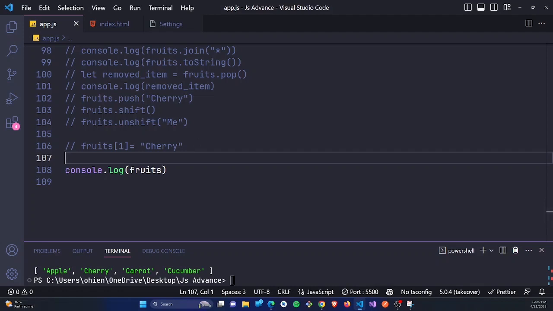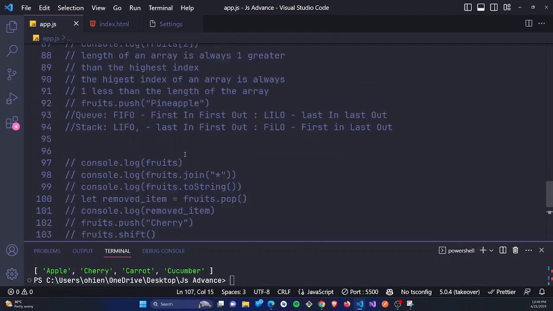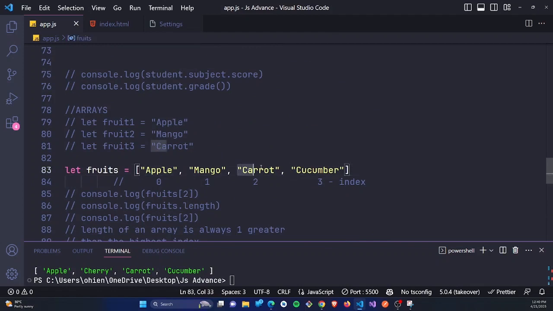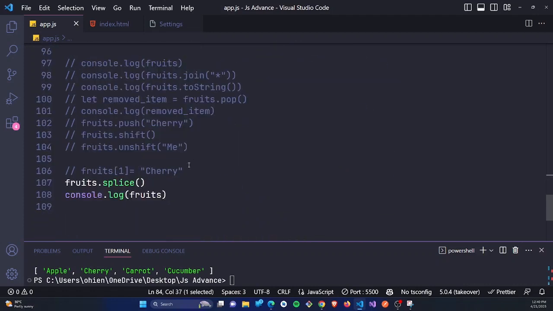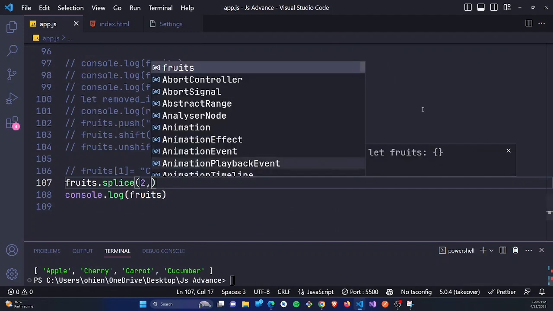Okay, let's see that in action. So I can say fruits.splice, then I specify the index position I want the new item to occupy. In this case, before carrots, which is index position 2, I want to add a new item. So I'll just put 2 there, comma,